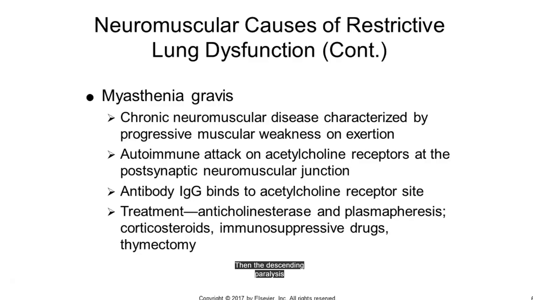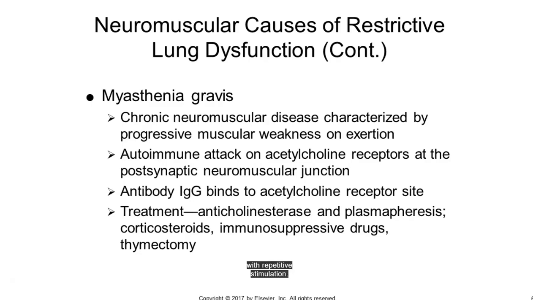Then the descending paralysis continues until it reaches the lower limbs. Approximately 10% develop respiratory muscle weakness requiring mechanical ventilation. Diagnosis of MG includes immunologic testing to detect anti-acetylcholine receptor antibodies, treatment and improvement with edrophonium, also known as Tensilon challenge, which works by inhibiting acetylcholine uptake, and electromyography to test for rapidly decreasing amplitude of the motor action potential